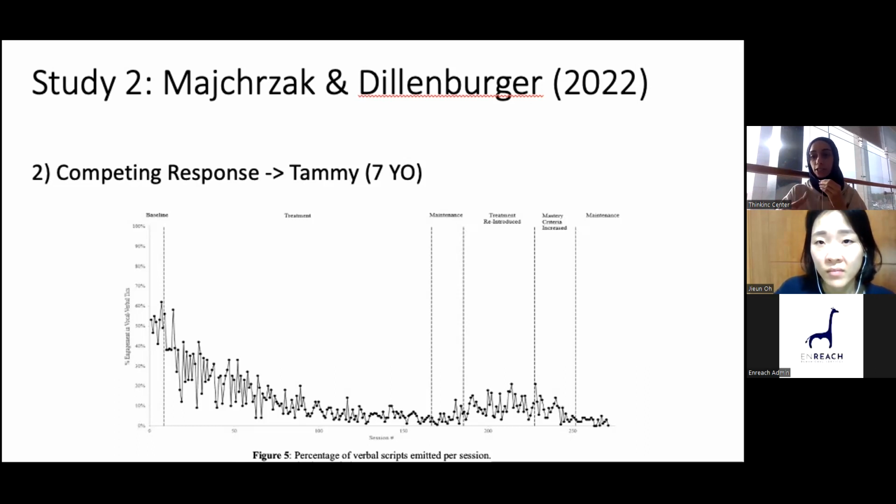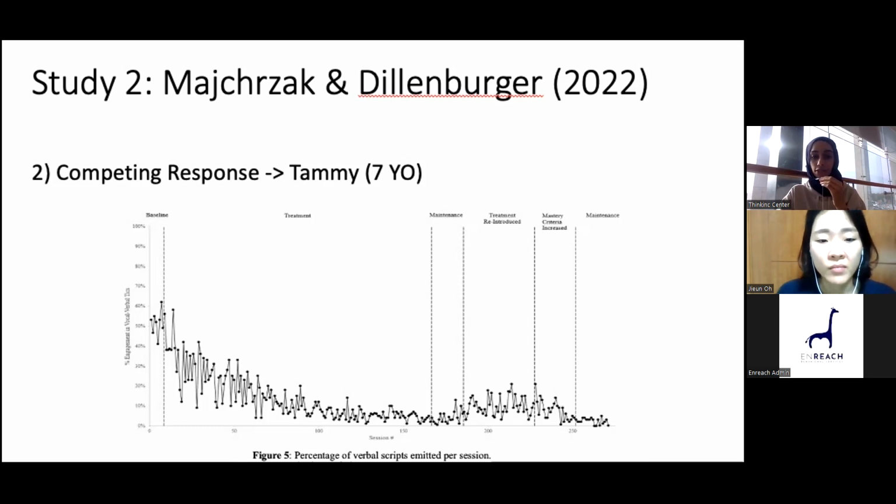So as soon as Tammy would engage in vocal stereotypy or any verbal tics, the therapist would present high probability tasks, like, I'm sorry, it's so noisy. They would present her with tact or receptive identification targets or listener responding targets. And then when Tammy had 3 correct responses with no vocal stereotypy, they would reinforce her.